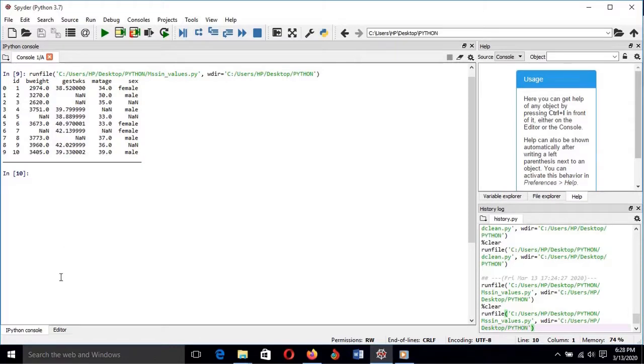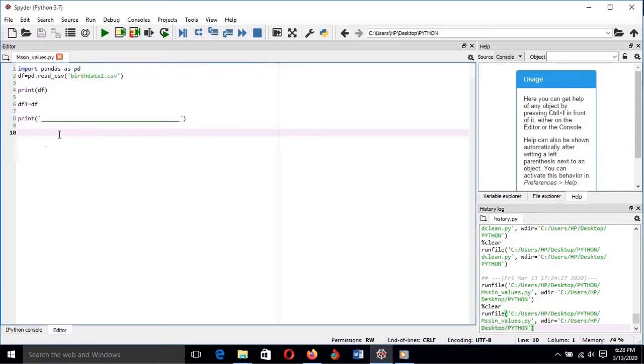To do that, let's go to the editor file. We'll use the command dropna. The dropna, by default, drops any row with missing data or missing value. Before writing, I have defined a new file, df1, which is the file with the data from the original file. So to see how the dropna function works, you just write df1, which is the new file,